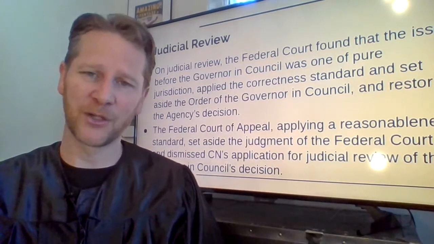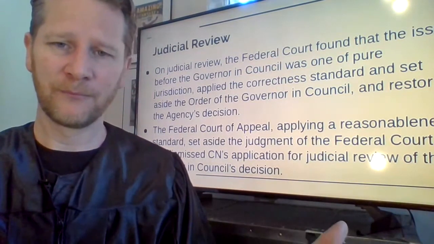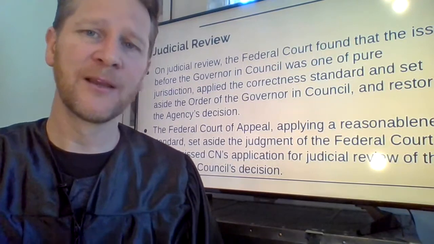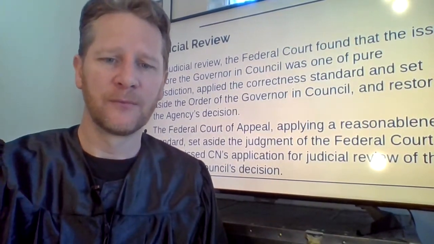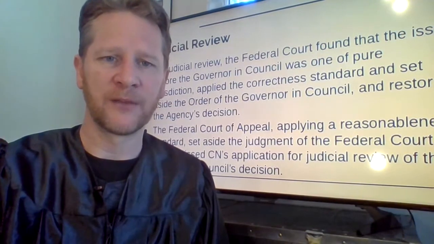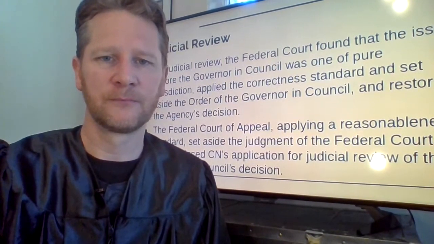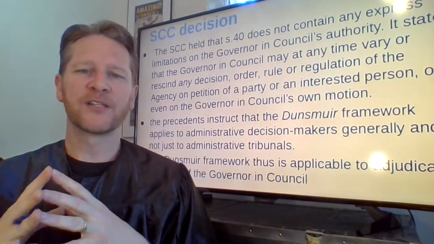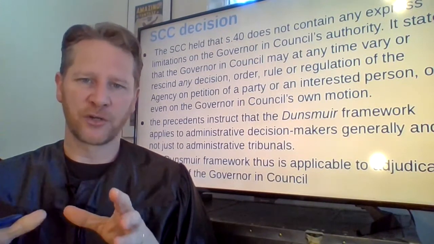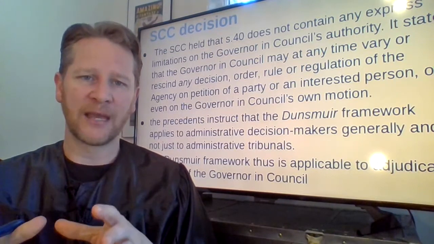So then we have to go to mom and dad at the Supreme Court to try and solve this quibbling. And what do we find? We find nothing. Okay, there we go. So what they find is that there is no express limitation on the jurisdiction,